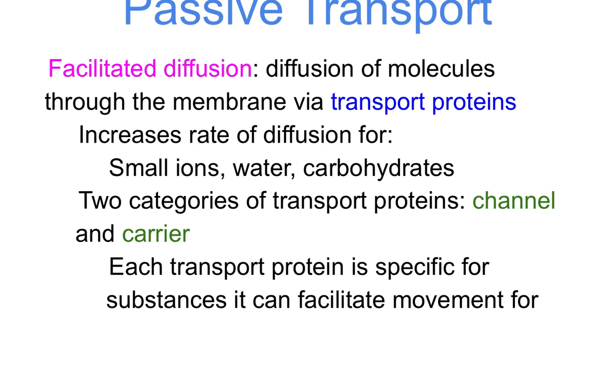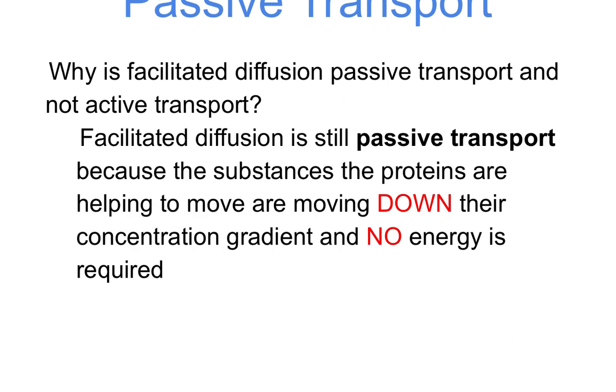Facilitated diffusion is diffusion of molecules through those membrane proteins that I talked about earlier. They're transport proteins. You can increase the rate of diffusion for things like small ions, water, and carbohydrates. There are really two categories of these transport proteins: what we call channel proteins and carrier proteins. Each transport protein is specific for certain substances,